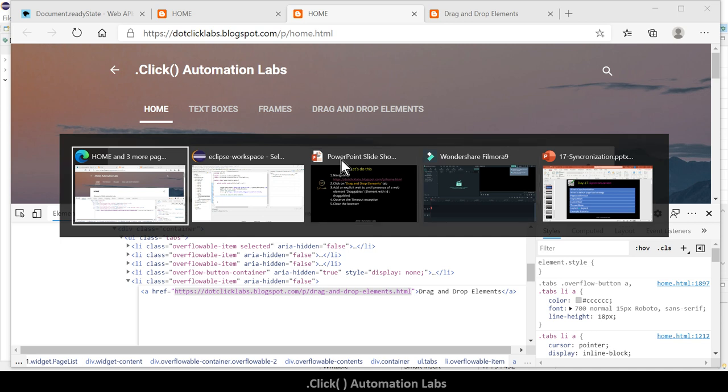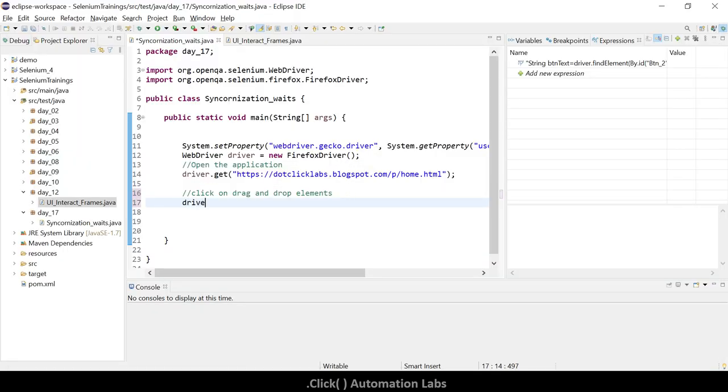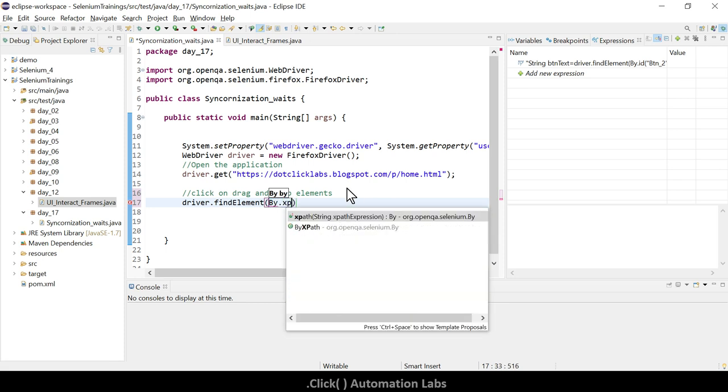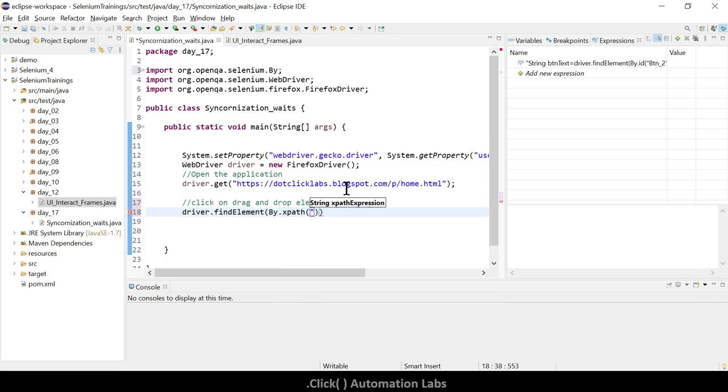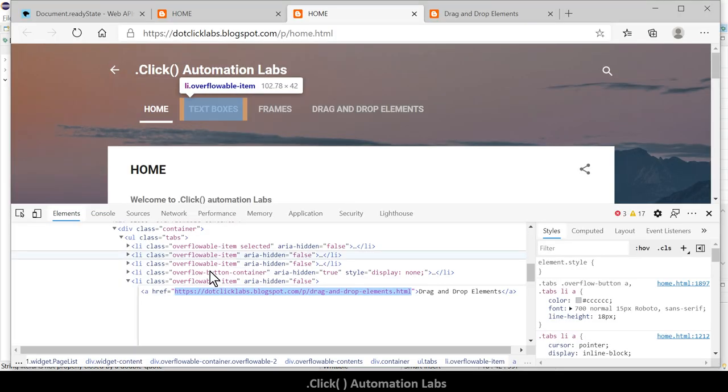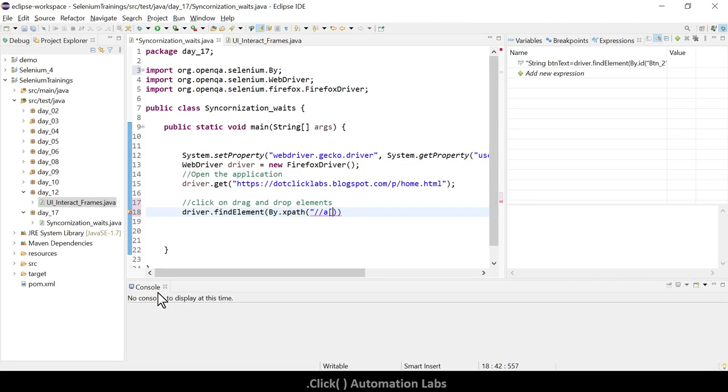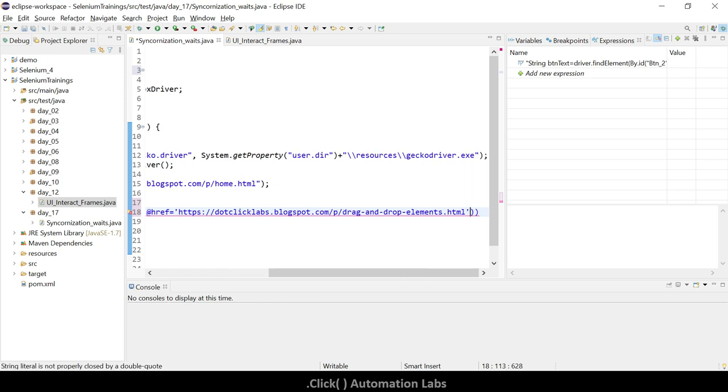So very simple. Driver dot find element by dot XPath. What is the tag name there? We used A, right? There is a tag name. It's an A, and the attribute is href. To refer to an attribute, the at-the-rate operator, at the rate href equals to, what is the one we copied, this one, right? And close